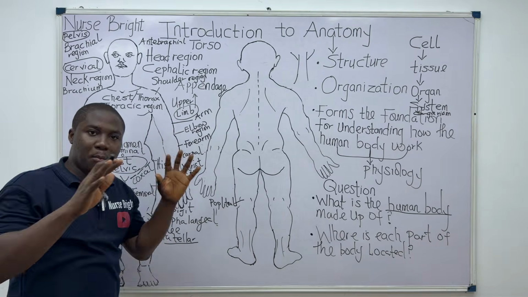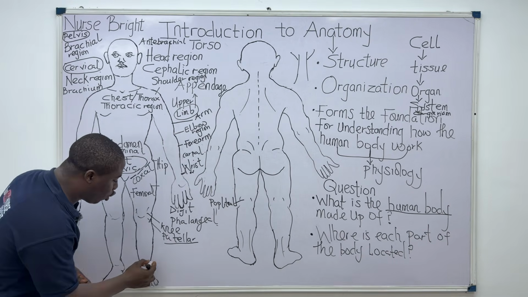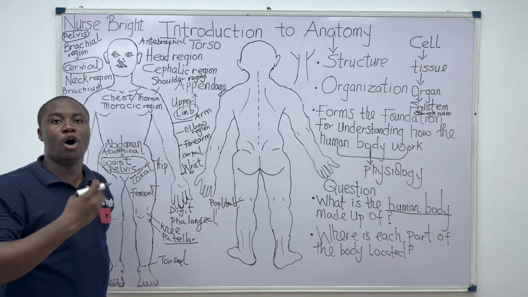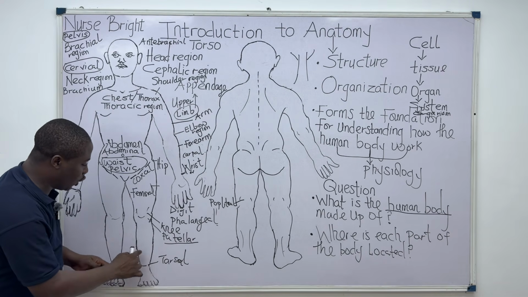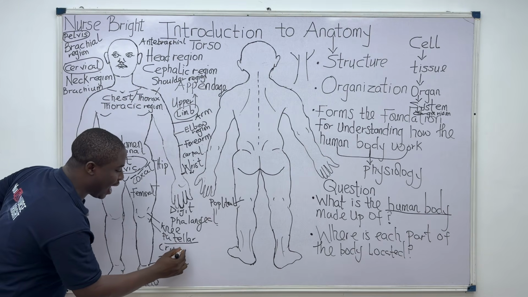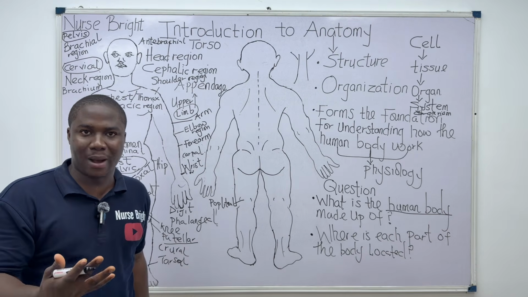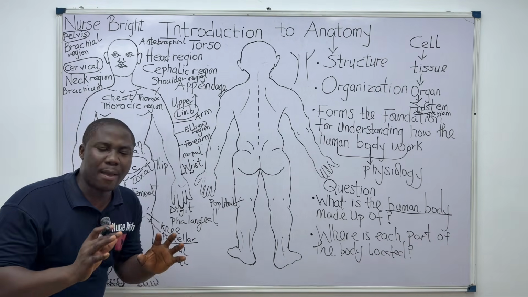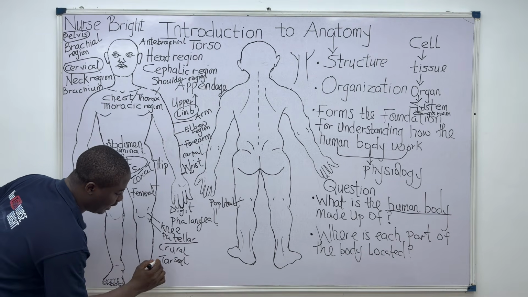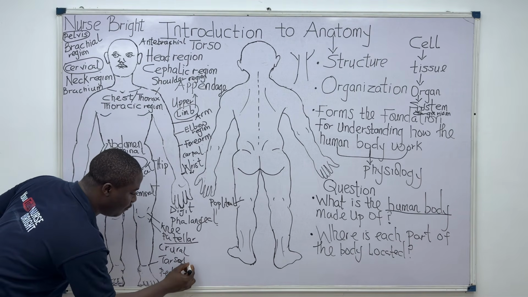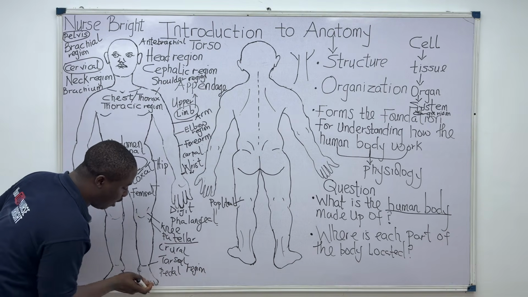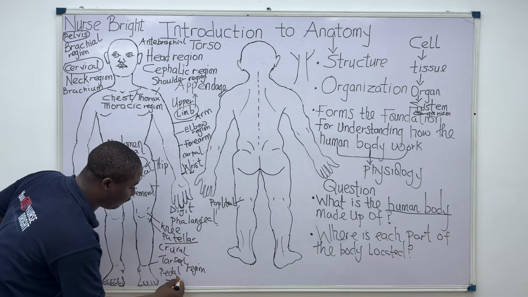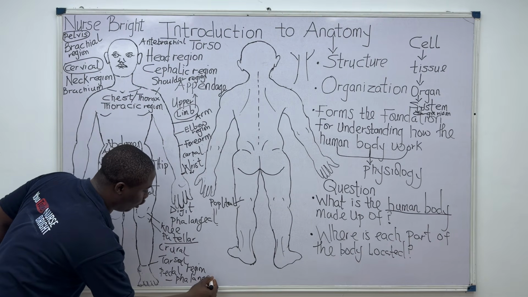Practice makes perfect. Moving further, we have what we call the ankle region or the tarsal region of the lower limb. The leg region is called the crural region of the human body, the leg region of the lower limb specifically. The foot region is called the pedal region, and the fingers in the foot, we call them the phalangeal region of the human body.